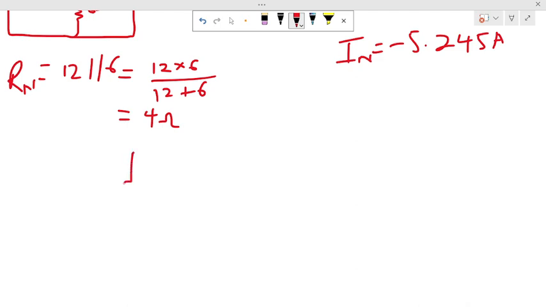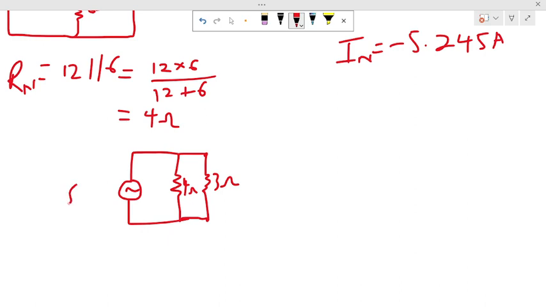Now this is how you draw the Norton's equivalent circuit. This will be the Norton's resistance. As the law states, the Norton's current source is parallel to the Norton resistance, right? In the equivalent circuit, these will be the two terminals. Then the resistor that we want to find the current through will be placed there. So that will be the 3 ohm. The Norton's resistance, what do you get? You add 4 ohm. Then the Norton's current, you add negative